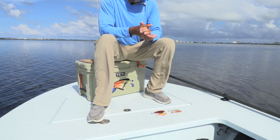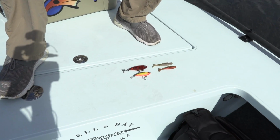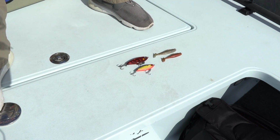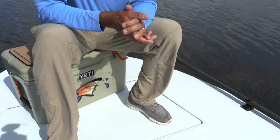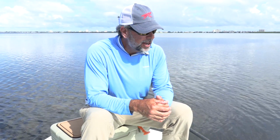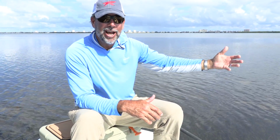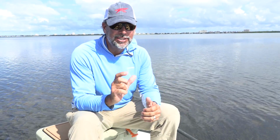Here's a little tip, or a question I should really say, that is asked of me all the time. In relation to size, what makes you choose a certain lure size over color or profile or whatnot? Well, oftentimes it's the species that determines what size lure you're throwing, or the bait in the water at the present time, the size of the hatch that determines the size bait. But many times, based off cloud cover, wind conditions, depth of water, that determines what size lure that you're going